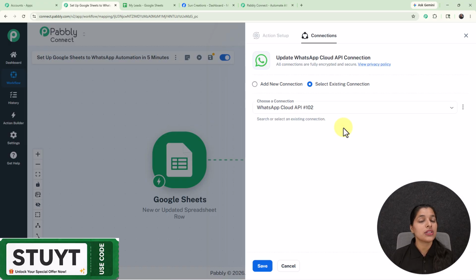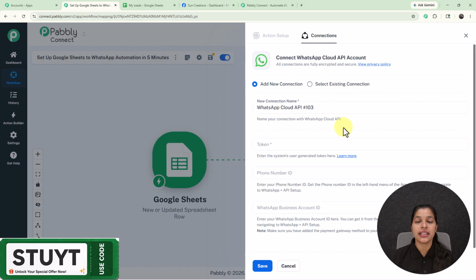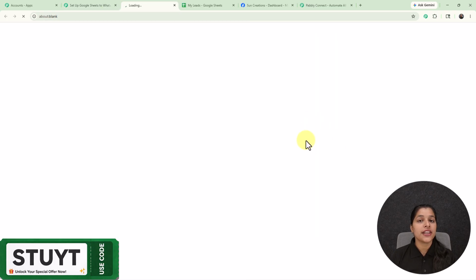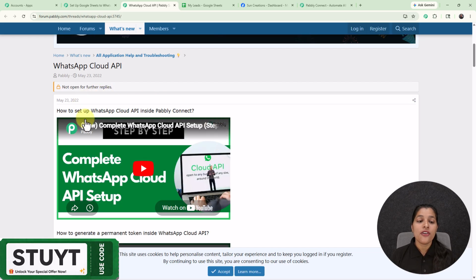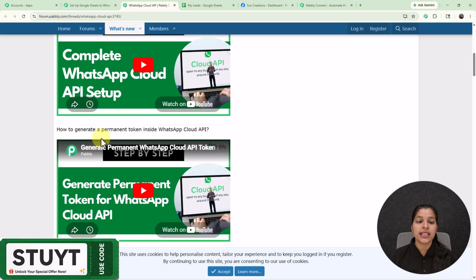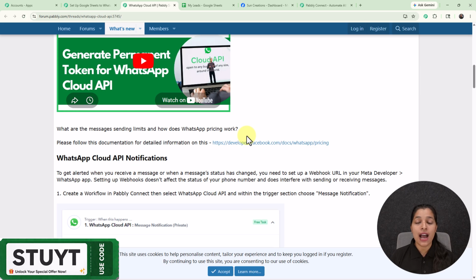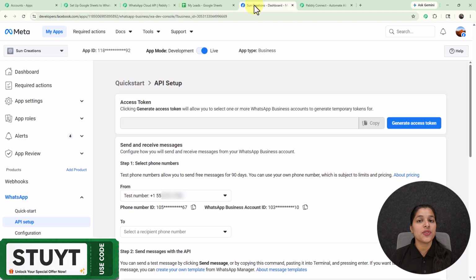button, and right here I'm on the connection page where if you want to use your existing connection then you can select this button of existing connection, and for building a new connection you just have to click over this add new connection button. And right here we are getting all these fields for entering the token, phone number ID and the WhatsApp business account ID. And for setting it up all, you just have to visit this documentation given over the help desk, which will provide you all the videos and the necessary steps for setting up WhatsApp Cloud API inside Pabbly Connect and generating the token. Now I have already set up my API, so now let's move on towards my API